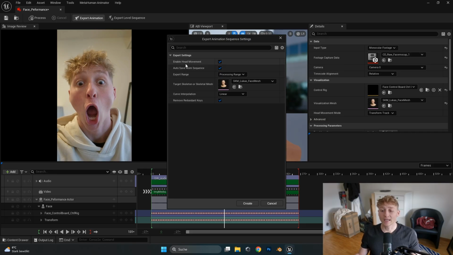If you want to have the head movement involved, you can do this. But if you have some body movements you want to track to the character, maybe deselect this. This just means if you just want to film the head, use the head movement. If you have a whole body animation as well that you want to apply to the character, deselect the head movement, because then only the face gets recognized. It doesn't interfere with the rest of the body movement. In my case, I don't have a body movement for now, so I will leave this enabled and just press